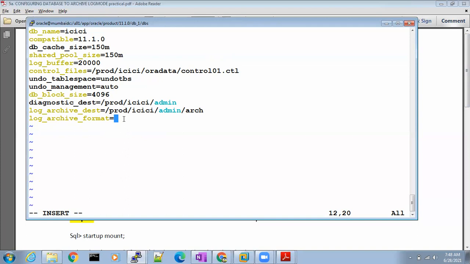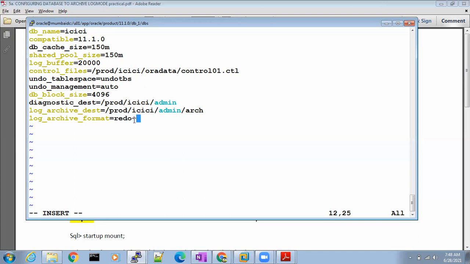Just like in normal life, a Microsoft Word document is .doc, Excel is .xls, text is .txt. In the same way, in the database, data files are .dbf, redo log files are .log, control files are .ctl, and archives are .arc. So you have to give that.